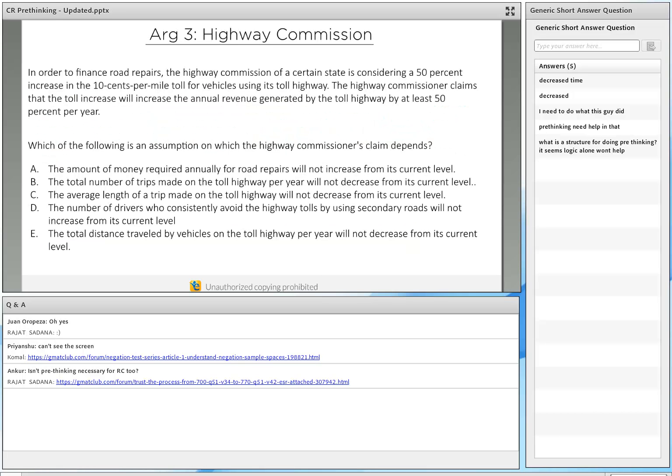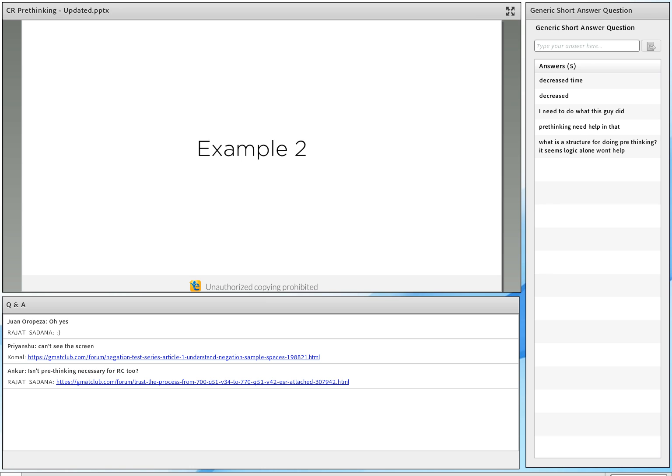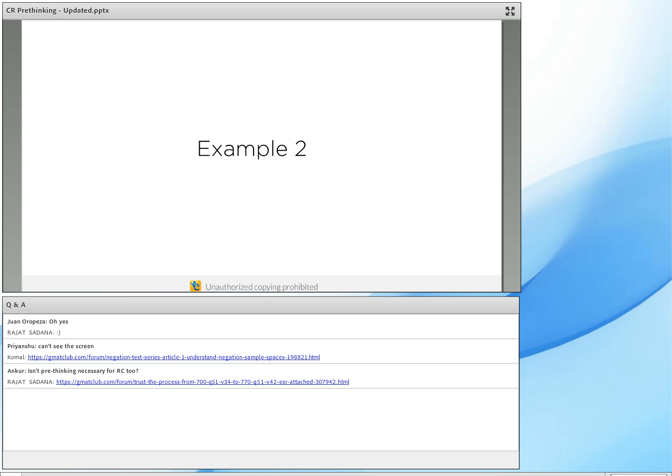So with that, we're going to take the second example, and the beauty of the second example is that it's a very simple logic. The logic of this question is really simple. It's a full length question. If you understand what you're looking for, you'd be able to narrow down the answer choices. The other piece is, as you're evaluating the answer choices, remember an assumption is something that must be true for the conclusion to stay valid. So it'll really hone in on that must-be-true piece.